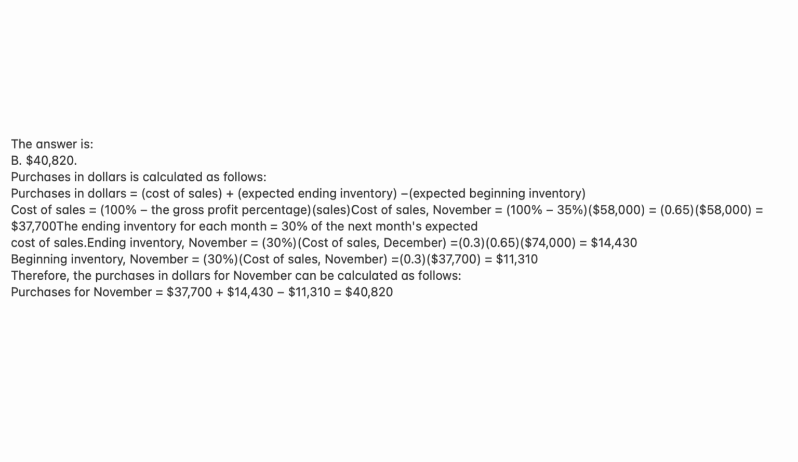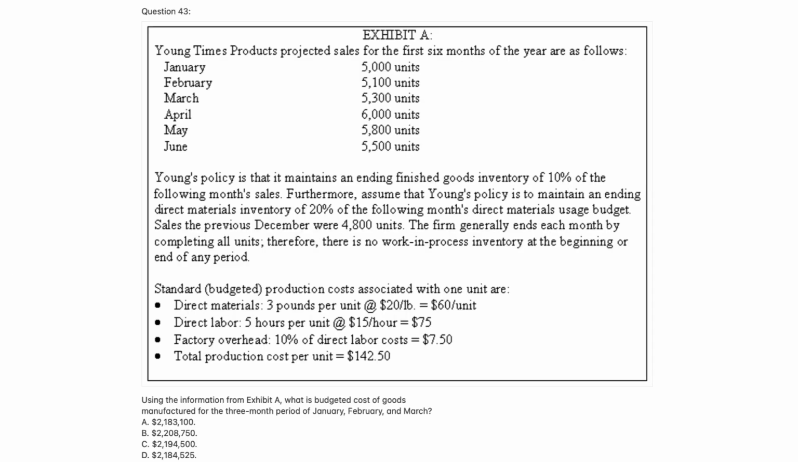$11,310. Therefore, the purchases in dollars for November can be calculated as follows. Purchases for November equals $37,700 plus $14,430 minus $11,310 equals $40,820. Question 43. Using the information from Exhibit A, what is budgeted cost of goods manufactured for the 3-month period